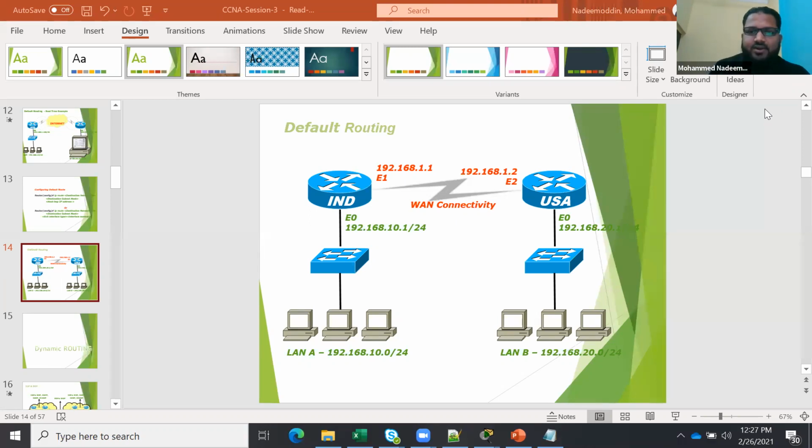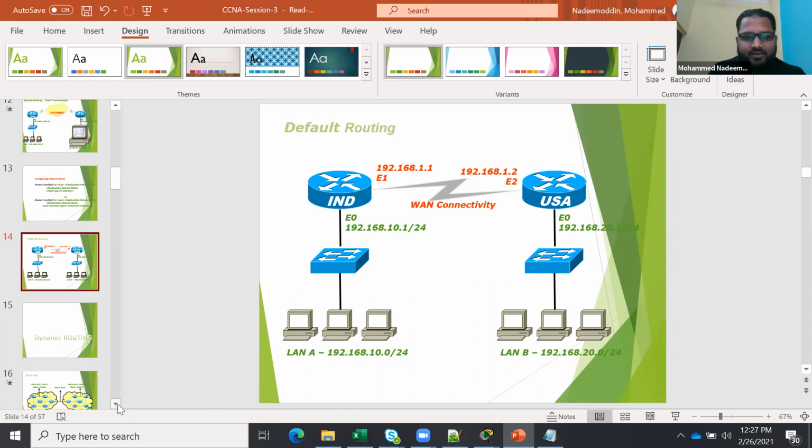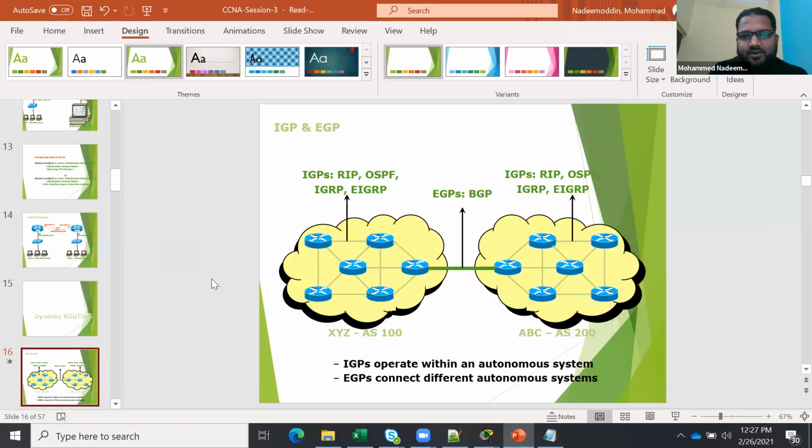For routing, if you go to YouTube, I have detailed lectures for the routing: static routing, default routing, dynamic routing. I have explained this diagram. In dynamic routing, you have IGP and EGP, these dynamic protocols.